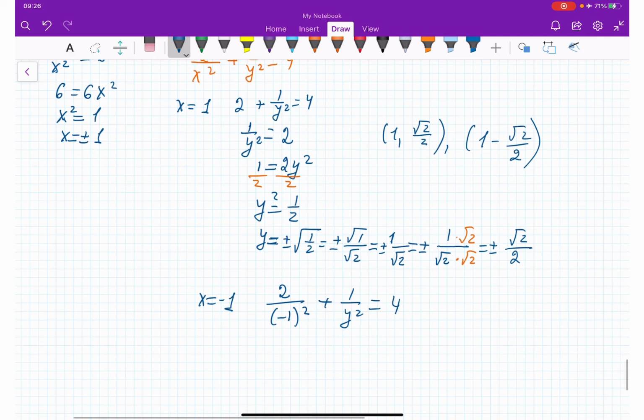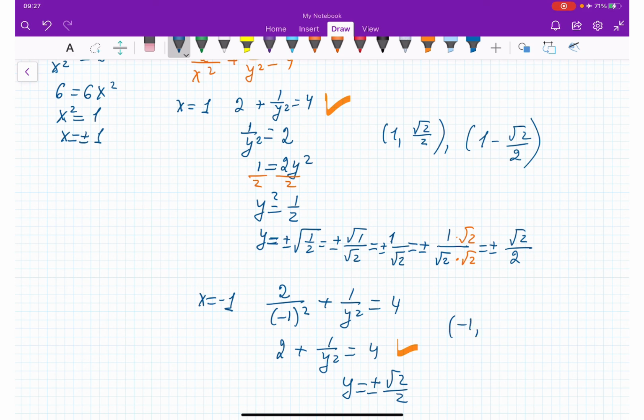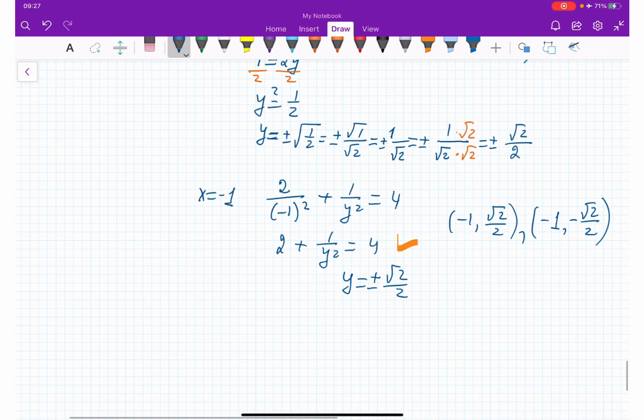And we are getting the same equation, 2 plus 1 over y squared equal 4. So identical. Which means the answer is going to be y is equal plus minus square root 2 over 2. And here we get a pair of answers, negative 1, square root 2 over 2 and negative 1, negative square root 2 over 2. And from here, final answer is going to be,